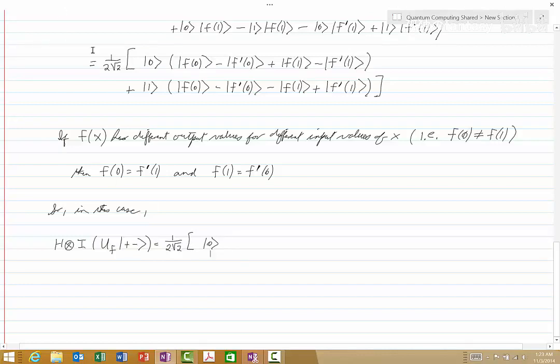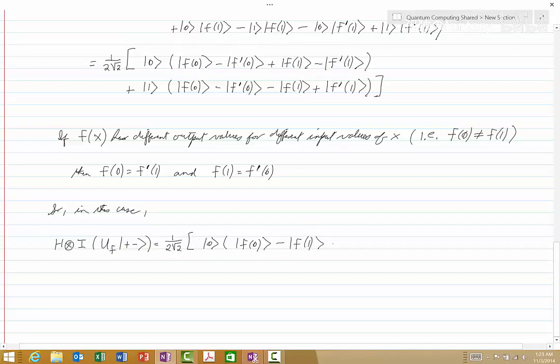Okay, we have 0, and then this will give us f. We'll keep f of 0 there, but now f prime of 0 we have identified as equal to f of 1 in this case, so we have minus f of 1